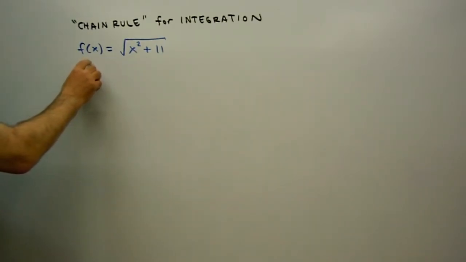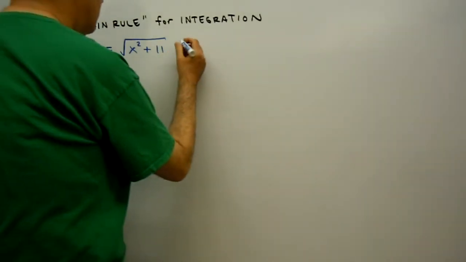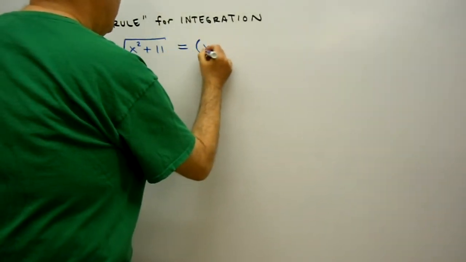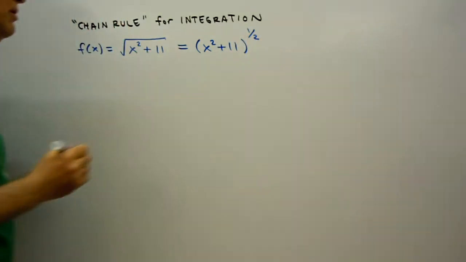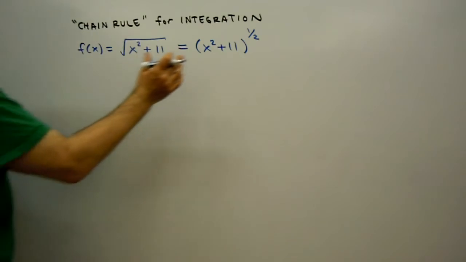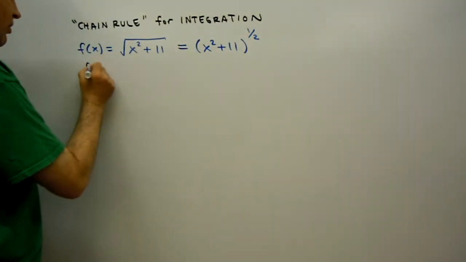If you recall, when we did a derivative of some composite function like this, we had to find the derivative of the outer function and then multiply by the derivative of the inner function. So just to remind you how the chain rule for derivatives works, in this particular example, if we write that as x squared plus 11 to the 1/2 power, recall that we found the derivative of the inside to the 1/2 power, whereby the derivative was